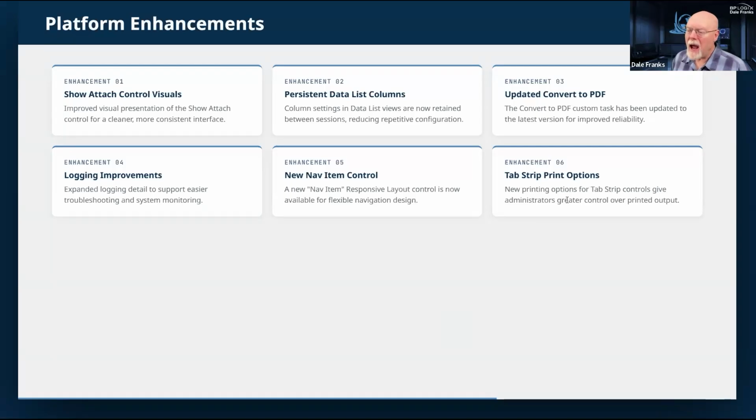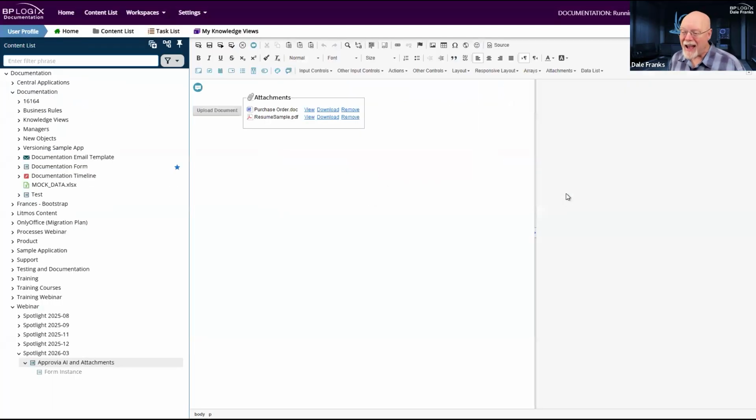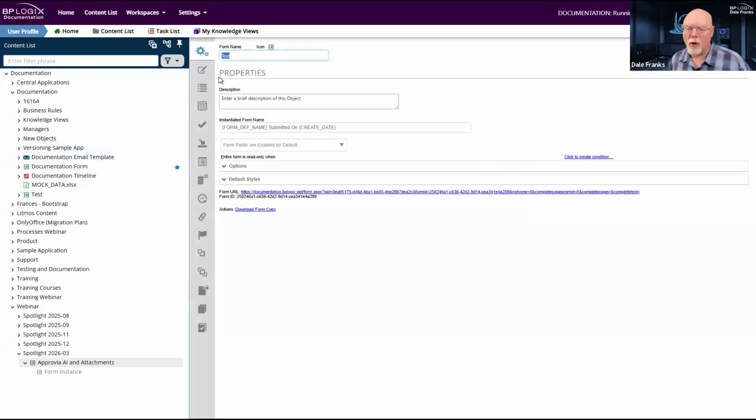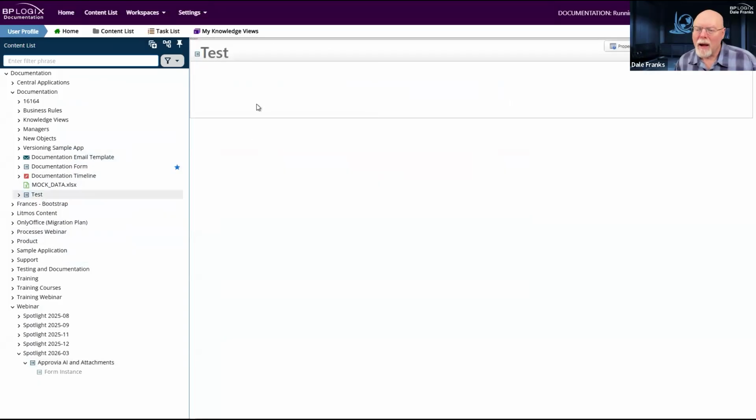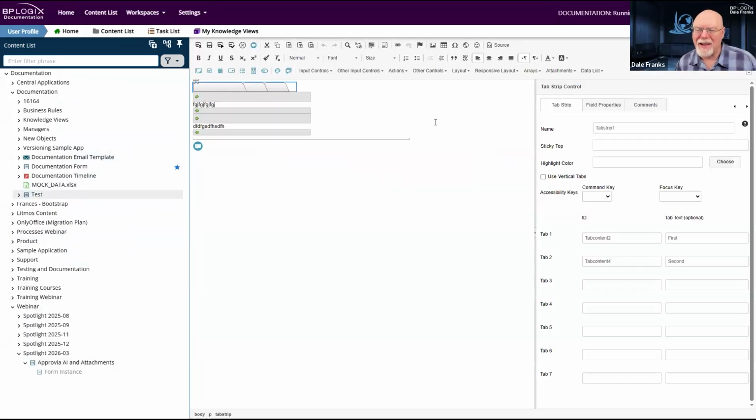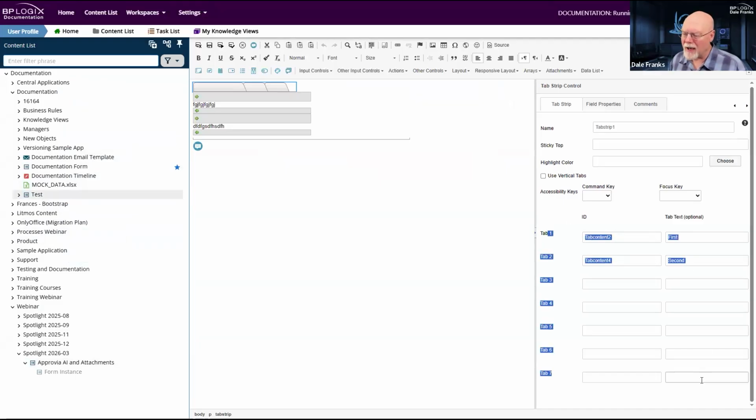And then the tab strip control. Again, it's something I wish I could demonstrate to you. I can't at this point, but the tab strip control just sort of prints as is on your form. And so what we've done is down here, and like I said, I don't have a version that has it built in yet. It hasn't been stuck into a branch yet. So I updated yesterday to get all the Apruvia AI stuff, but these individual control things aren't in it yet.